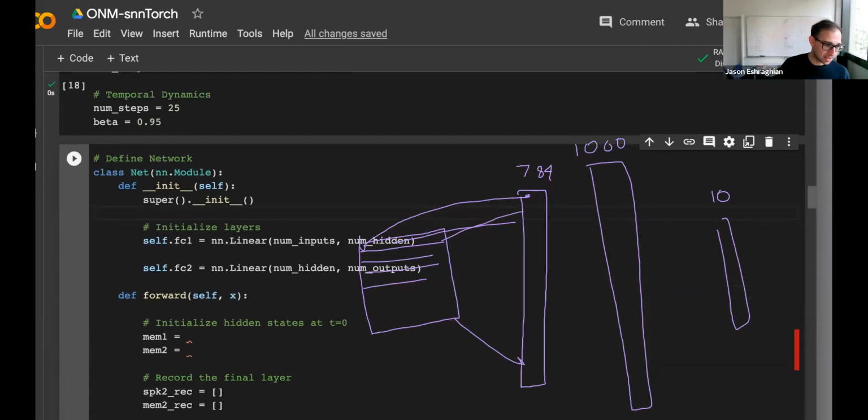So another question is, since there is only one image fed into the neural network at a time, won't the time step be 1? Good question. I haven't gotten up to that, but what I'm going to do is just pass the same image 25 times. So my num steps is 25. I'm just going to pass the same image 25 times. That's kind of like having a constant current input where the current value is just the pixel intensity of the